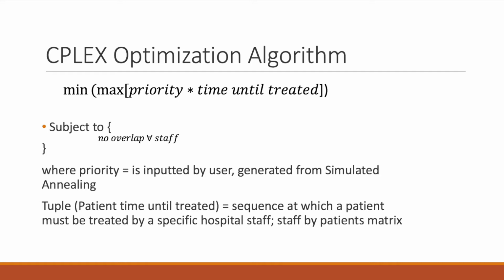In this example, there may be overlap in multiple staff treating a single patient at the same time. However, there may not be overlap in the staff treating multiple patients at once. This CPLEX code determines the most optimal sequence for each of the staff members to treat the patients in order to ensure patients with critical or emergent needs are treated